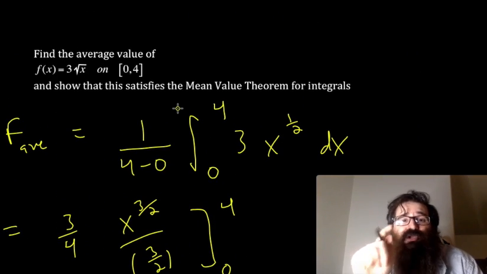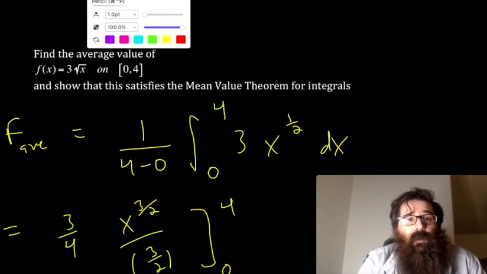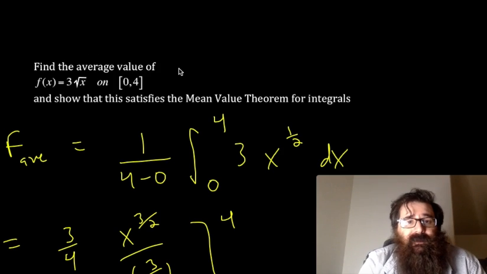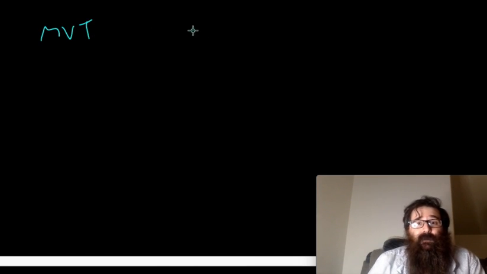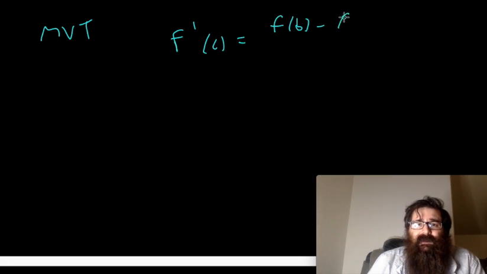Now it says, show that this satisfies the mean value theorem for integrals. What does that mean? Well, hopefully you're watching the lecture video, but let's talk about the mean value theorem when we saw it in Calc 1. The mean value theorem for derivatives says that f prime at c is equal to f at b minus f